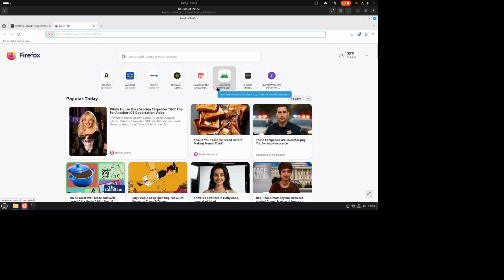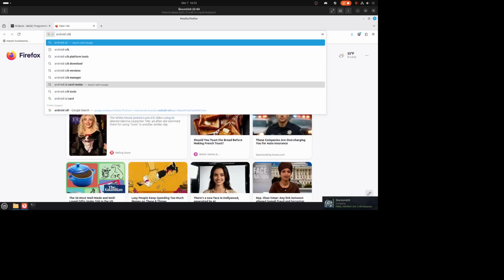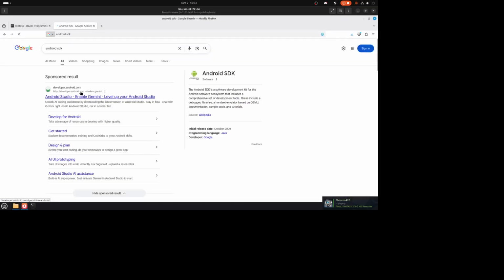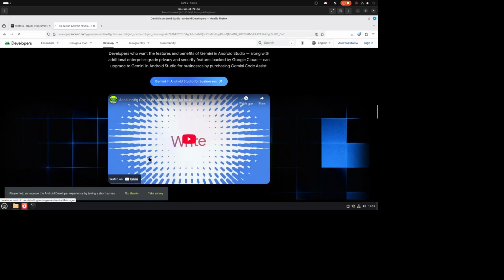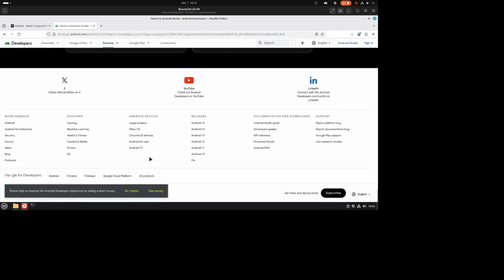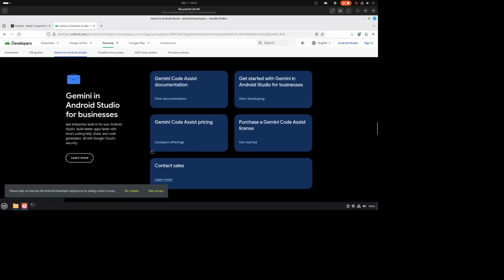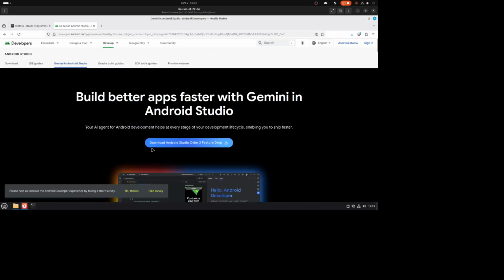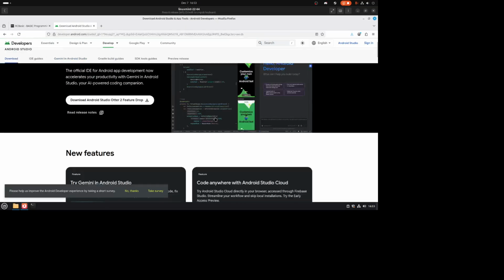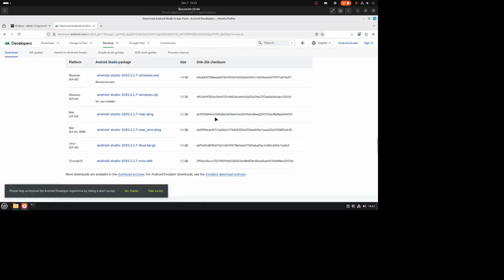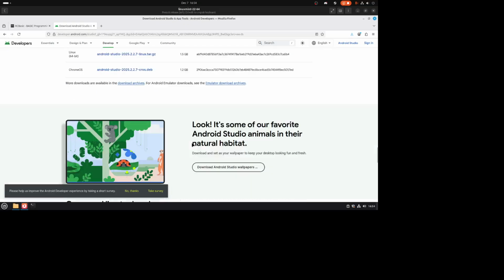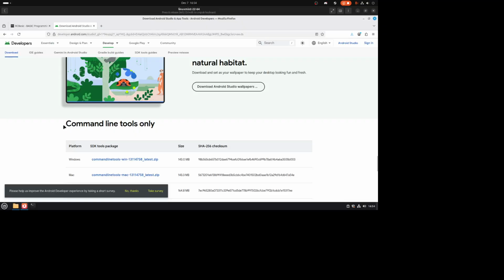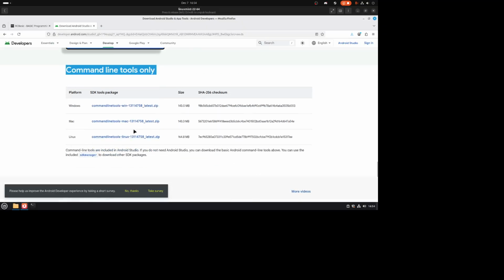And then do a search for Android SDK. Go to the Android Studio website and scroll down to the command line tools. Well, actually, where's the download at? Go to download and then scroll down to the command line tools. The first set of downloads is the Android Studio downloads. We don't want those. We want the command line tools specifically, and then just download command line tools